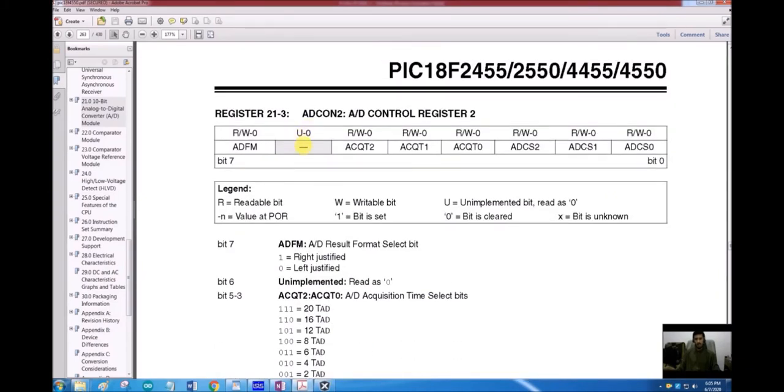Then bit number 7 and bit number 6 is unimplemented, and the last bit is ADFM. As I said, this ADC is a 10-bit ADC, but the registers in our PIC microcontroller are all 8-bit registers. So where are the rest of the 2 bits? Either there has to be a separate register for that, or those 2 bits should be somewhere in another register, just like we discussed in case of the CCP PWM mode.